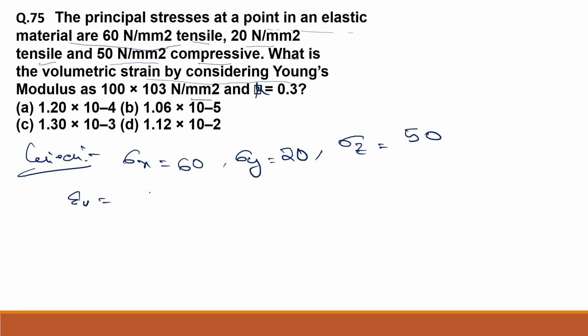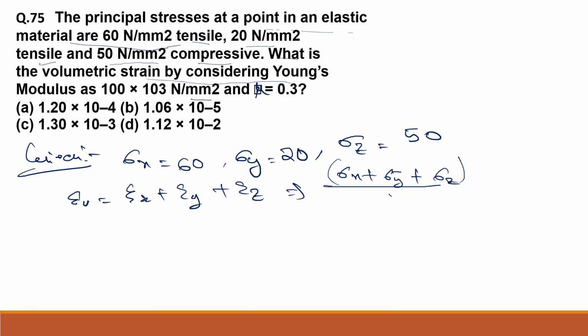Epsilon v is equal to epsilon x plus epsilon y plus epsilon z is equal to sigma x plus sigma y plus sigma z upon E into 1 minus 2 mu. Applying all the values here, sigma x is 60 plus 20 minus 50,